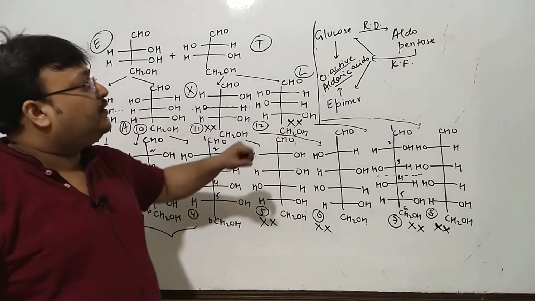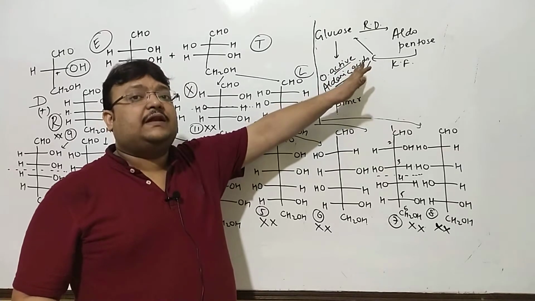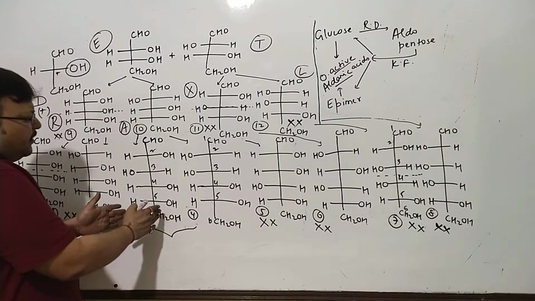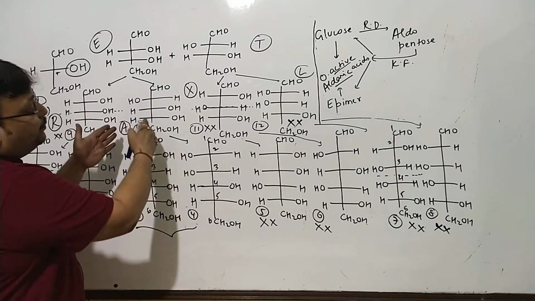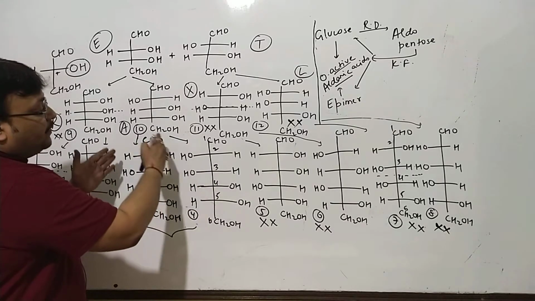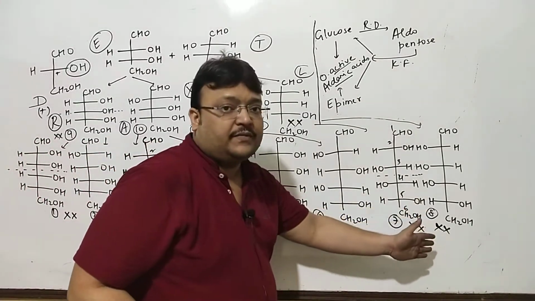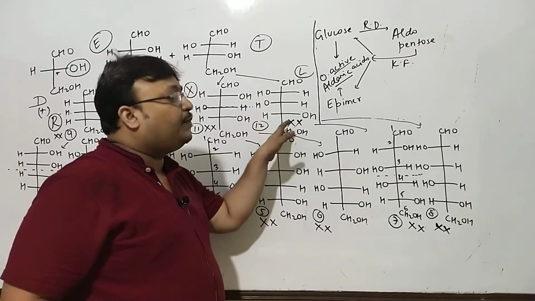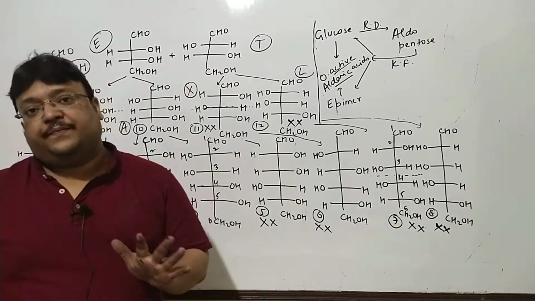In step 3, glucose was degraded to aldopentose, Ruff degradation. Kiliani-Fischer will give you glucose as well as its epimer. Certainly, when this is degraded to arabinose and then subjected to Kiliani-Fischer, both will come out, and both will give optically active aldaric acid, which is not the case with 7 and 8. Then 12 cannot be the corresponding aldopentose. So along with 7, now 8 is also ruled out.